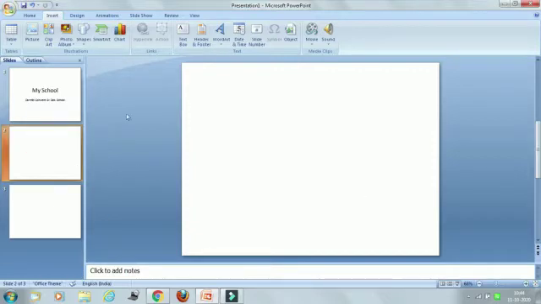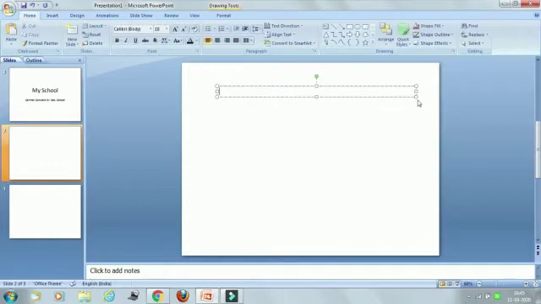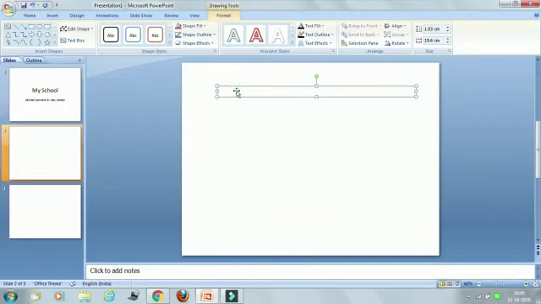For example, this is my slide. Okay, now I want to add text. So what I will do, first I have to select one placeholder. So we will go to the Insert tab and here is the Text group. Okay, Insert tab, Text group, just see on the screen very carefully. And here is the text box. So I'm just selecting this text box. Okay, then just drag the mouse pointer on the slide where you want to add the text. Okay, so in this way you can start writing here.